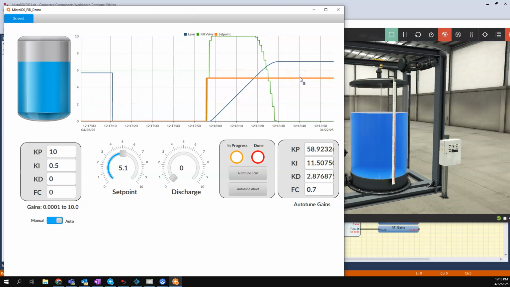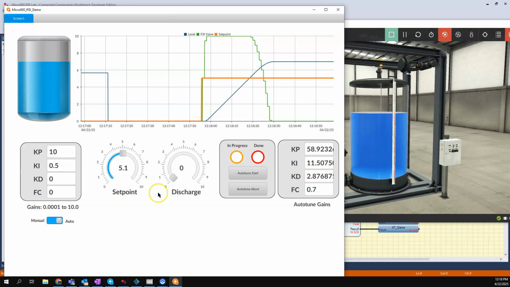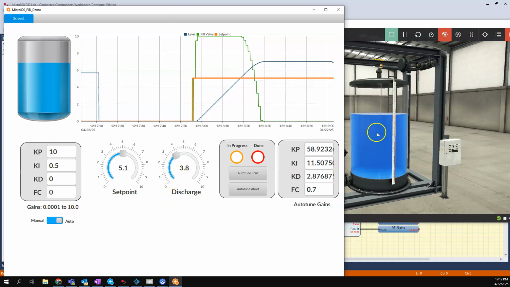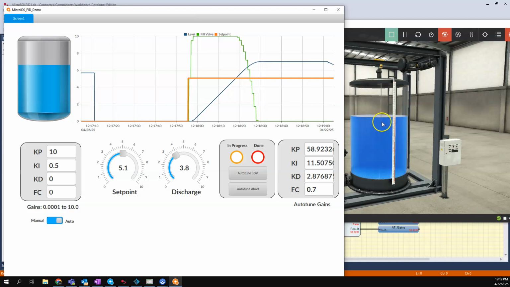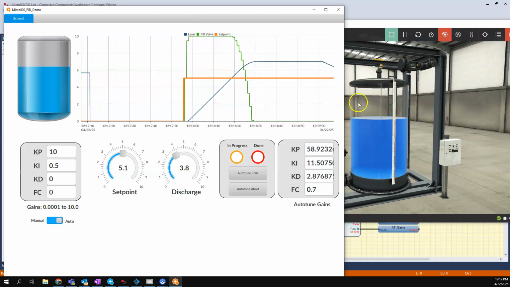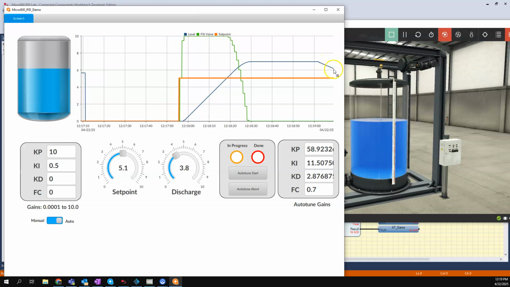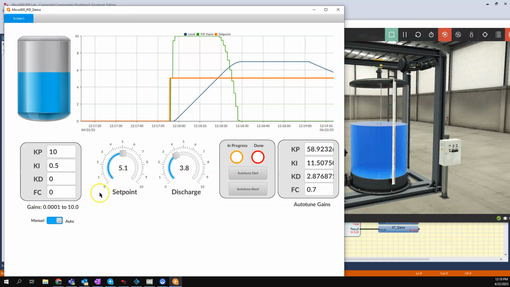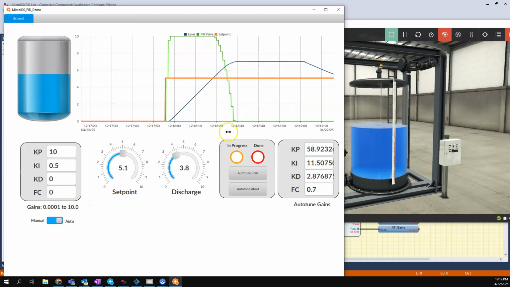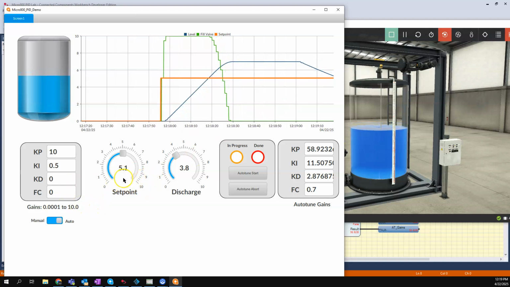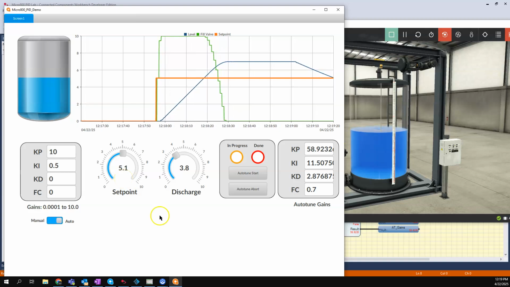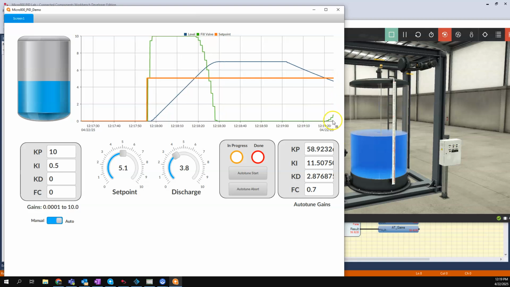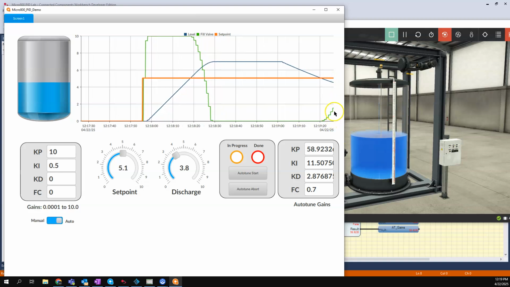All right. And then to put what we call a disturbance on the system, you're just going to simply open the discharge valve. When we do that, we'll see the water level go down, and then eventually we're going to get back below the orange line. And when we get below the orange line, our control system is going to kick in to try to bring the level back up to our set point, which is 5.1 currently. So there we are, we went below the orange line. Now you can see the green valve is opening,